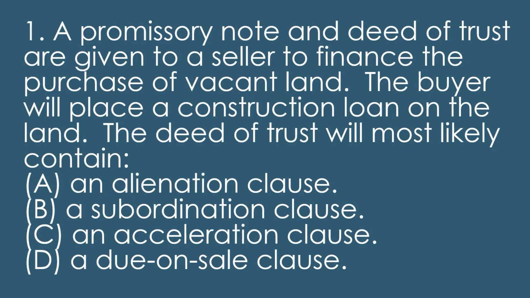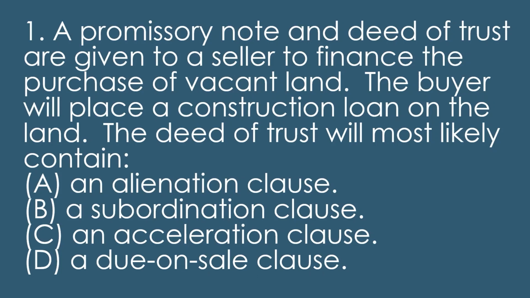So the best answer will be subordination clause, because the subordination clause, as you know, the construction loan is going to want the seller carry loan to have a subordination clause in it, so the construction loan can then take priority if they were to foreclose and have to recoup their money,